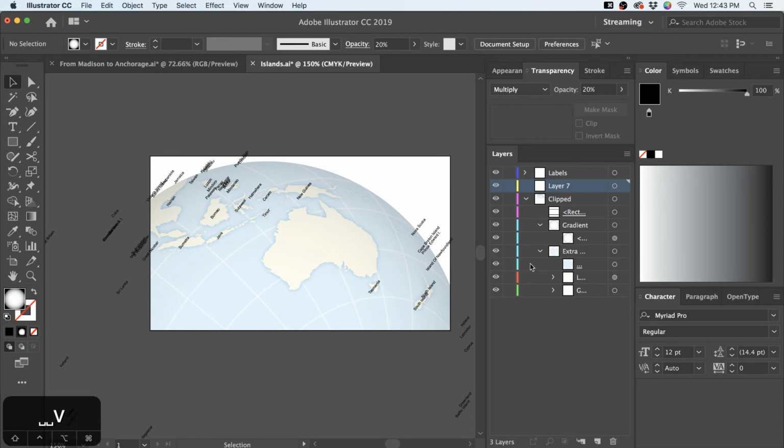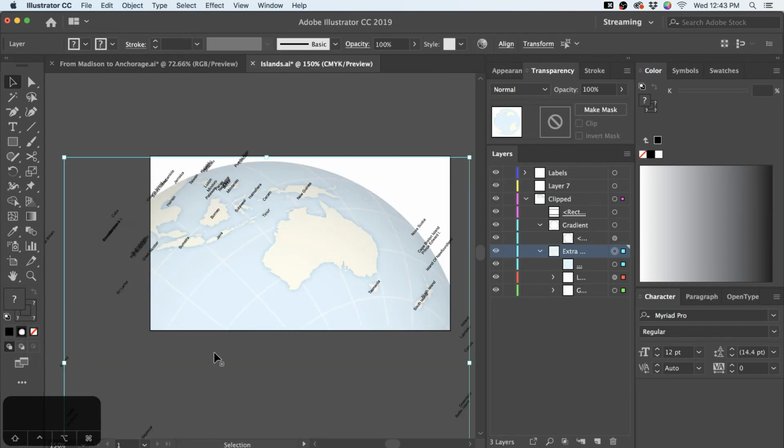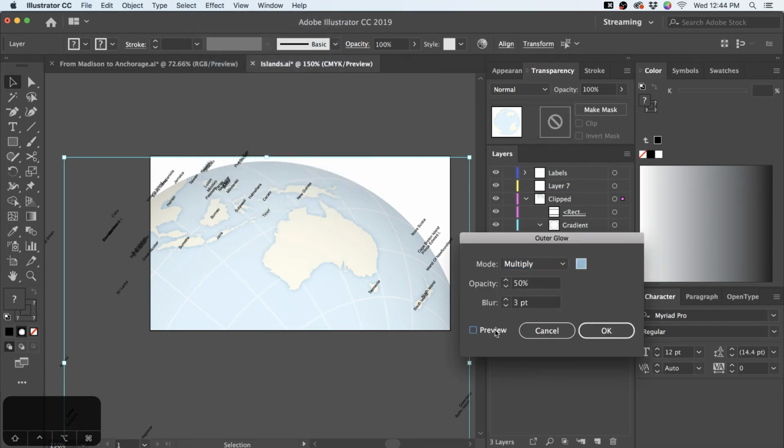Yeah, I like that. And then we'll throw a little outer glow here, just a little atmospheric effect. I'm just going to target everything in my extra clip layer, which is everything in this ball shape, and let's give that whole thing an outer glow. Let's spread that out pretty far.